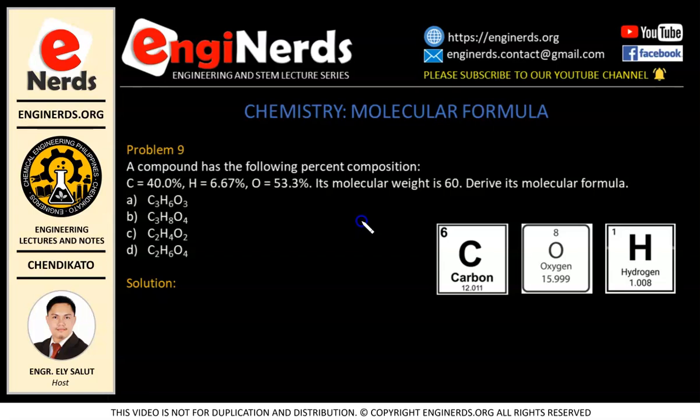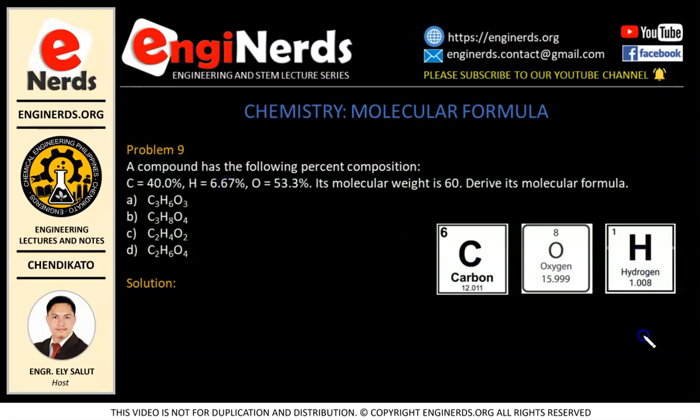A compound has the following percent composition. Carbon is 40%, hydrogen is 6.67%, and oxygen is 53.3%. Its molecular weight is 60. Derive its molecular formula. Okay, so as you can see, I already put here the elements involved in our problem,